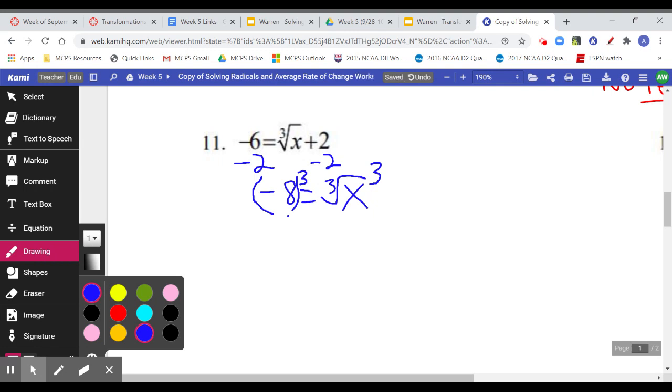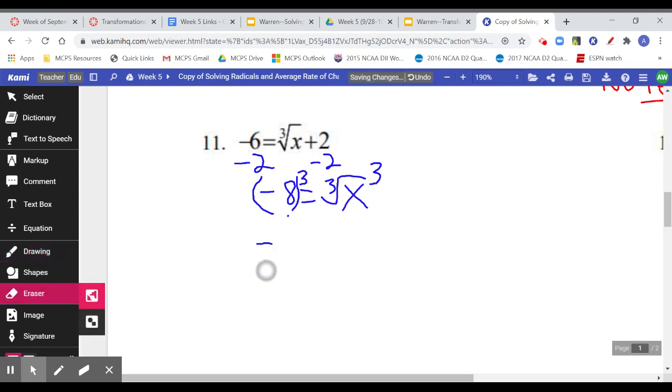When I take -8 and I cube it, that is telling me -8 times -8 times -8. It's actually 3 negatives times each other. So if I cube a number that is negative, it actually stays negative. So we're going to have -8 cubed, which is a number that I, in theory, should probably have memorized, but I'm going to calculate it in my head real quick because for some reason I'm recording this video very late at night and I can't think. 512. Yeah, 512. Okay, so that comes out to